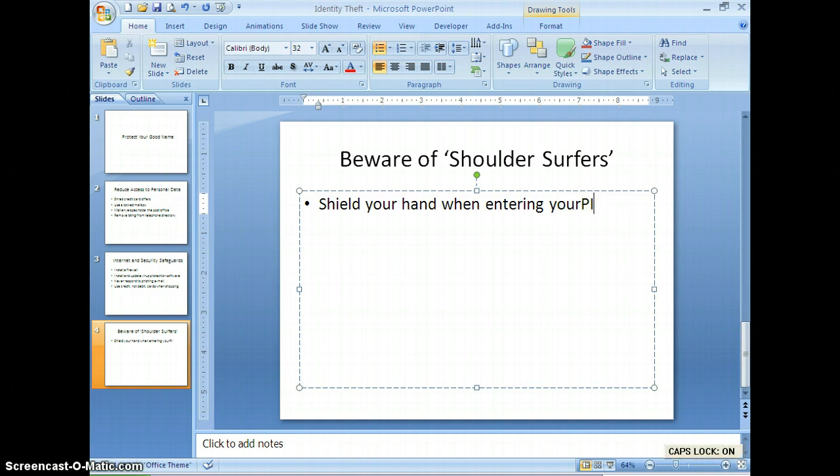PIN should be all caps. And then the second line should read thieves may be watching with